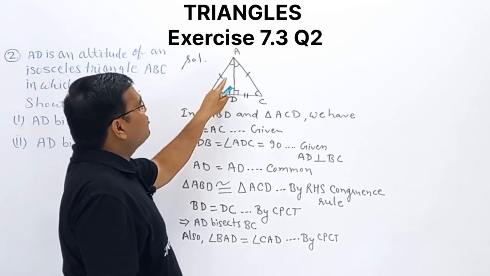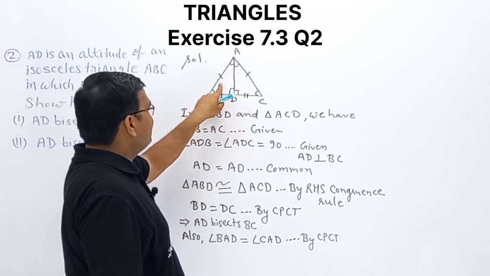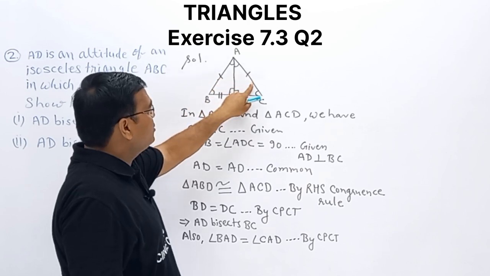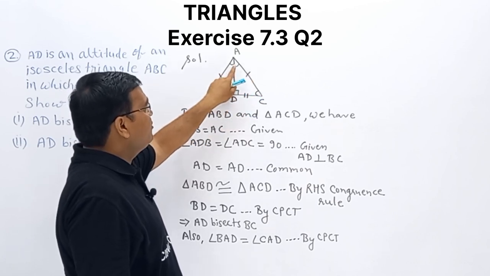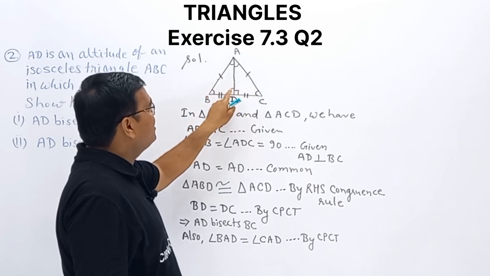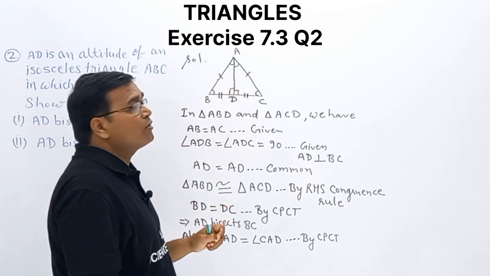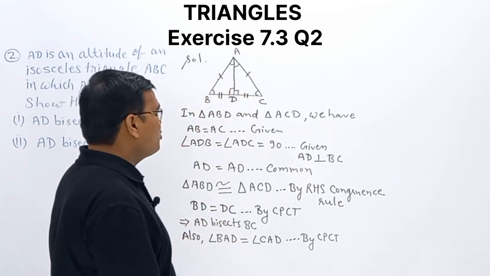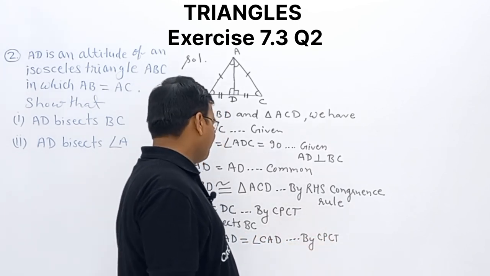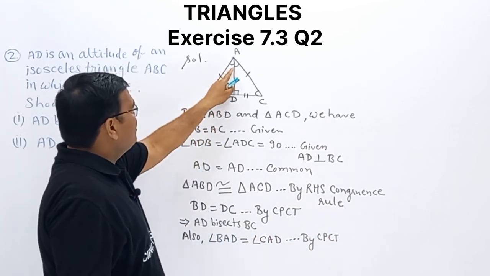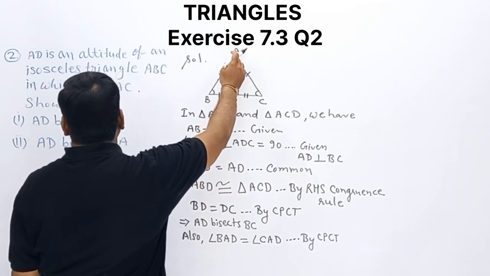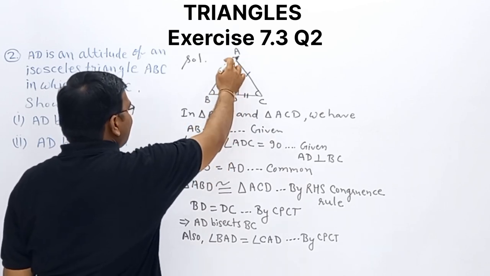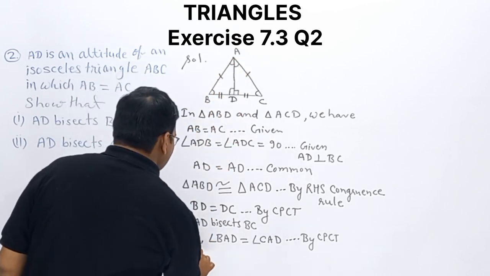All sides will be equal to its corresponding sides. This side will be equal to this one, this will be common, and this will be equal to this one. This angle equal to this one, this angle equal to this one, this angle equal to this one. These are what? Corresponding parts of congruent triangles. So this angle equal to this angle, it means what? This AD is bisecting angle, implies AD